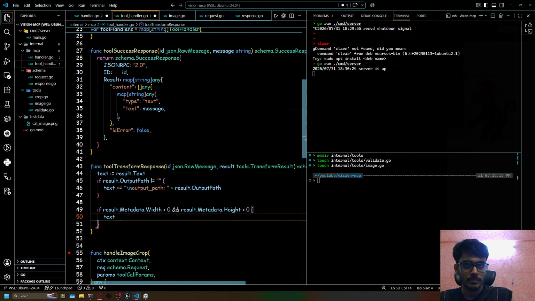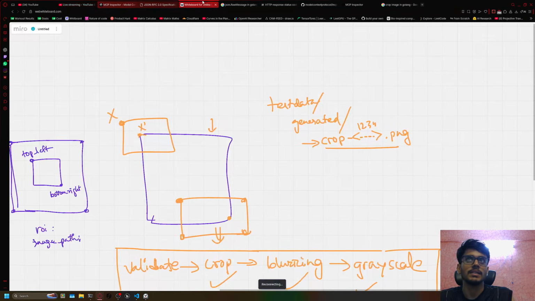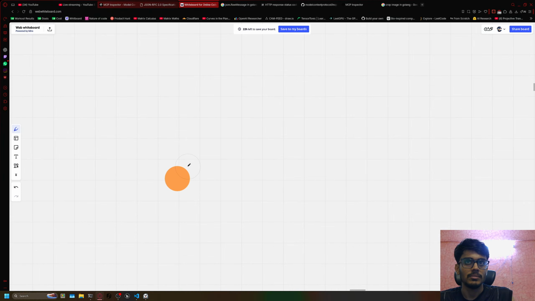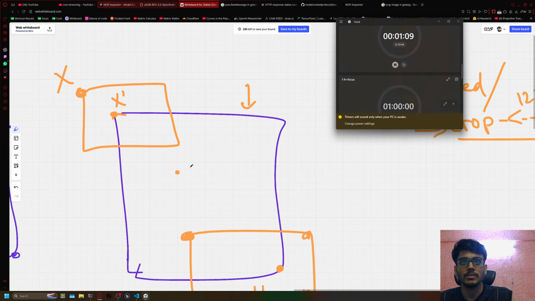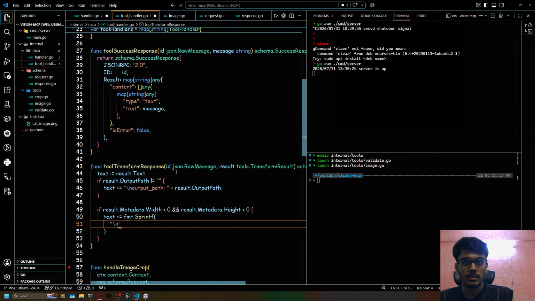If I have properly cropped the image, if the ROI region is not empty, okay, for example, I can get a point also, so ROI like this. At the pixel level it will be something like this, but essentially it will be a point here. So if the top left and the bottom right coordinates are same, then okay, so let's say